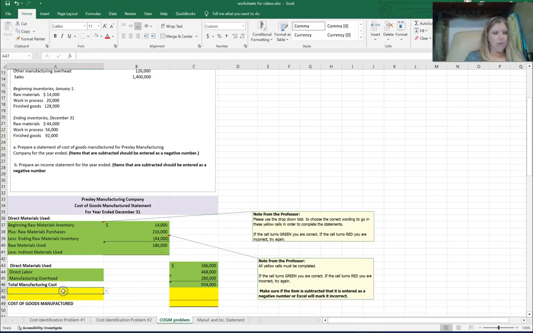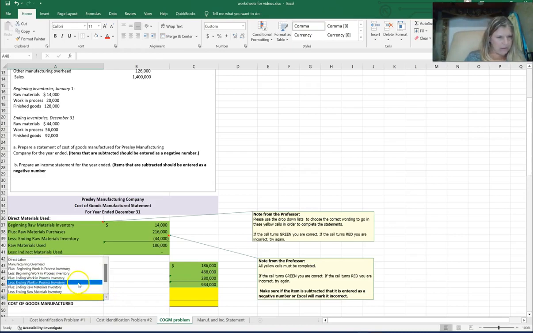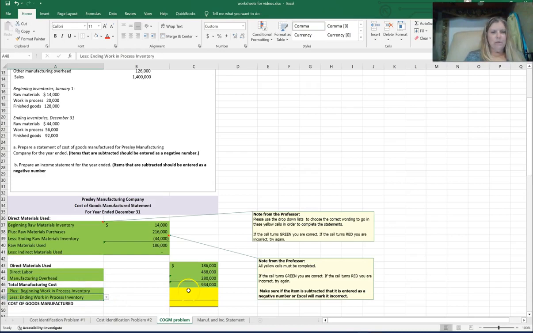Then we have to add whatever our beginning work in process was and subtract the ending work in process to come up with our total cost of goods manufactured, because this is what we added during the period, but we already had some inventory in work in process, so we need to add that to that. So our beginning work in process was 20,000,